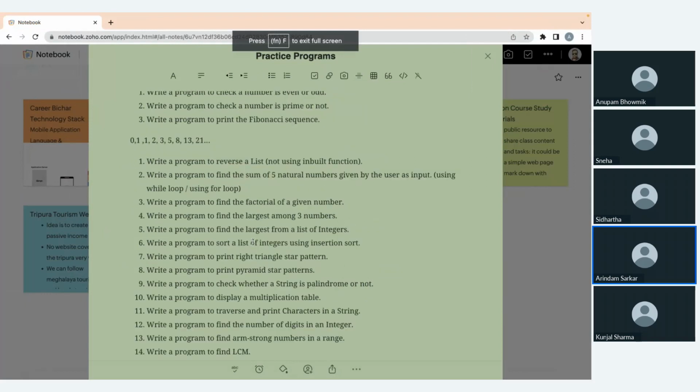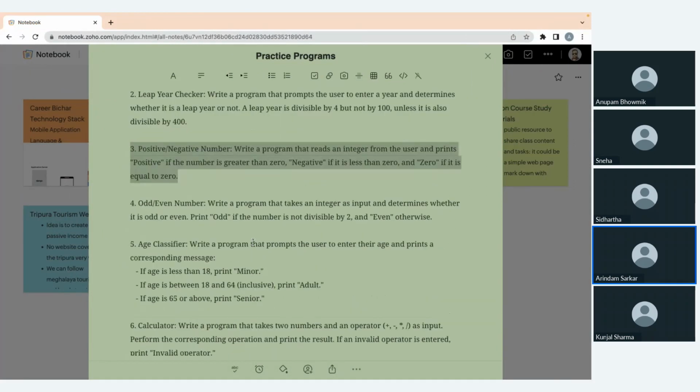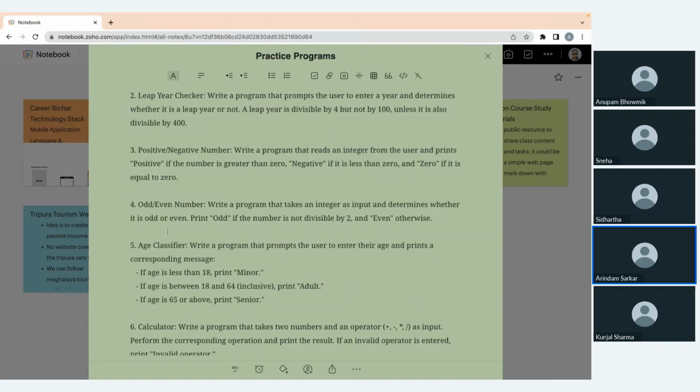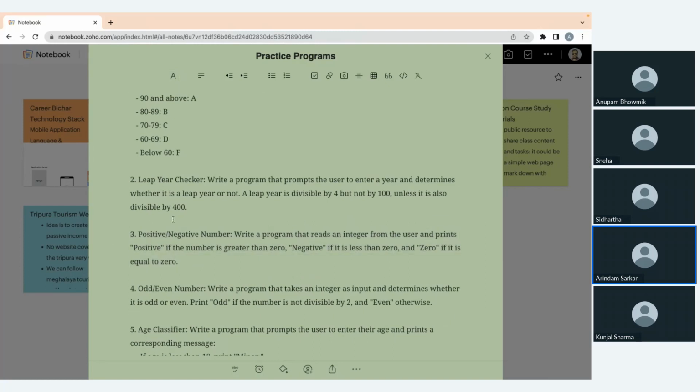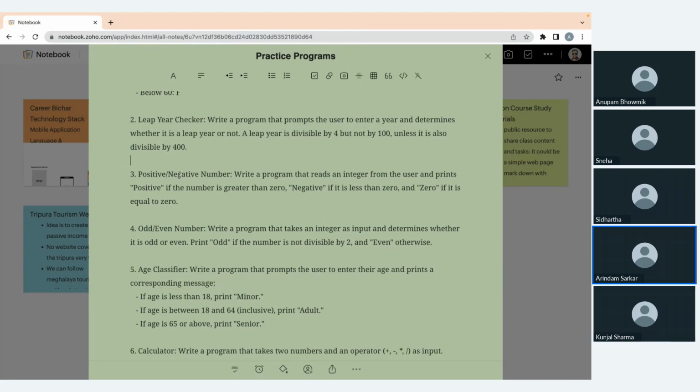तो इट सेज, आ गया इफ एल्स। हाँ, तो इफ एल्स के अंडर में जो प्रोग्राम्स हैं वो आपका होमवर्क रहेगा। इसमें से दिस नंबर 3, व्हाट इट सेज, पॉजिटिव नेगेटिव नंबर। ओके, write a program that reads an integer from the user and prints positive if the number is greater than 0, negative if it is less than 0, and 0 if it is equal to 0. ठीक है, तो ये क्या बोल रहा है कि यूजर से एक नंबर लेना है और अगर वो नंबर 0 से बड़ा हुआ तो आपको प्रिंट करना है पॉजिटिव, अगर वो नंबर 0 से छोटा हुआ आपको प्रिंट करना है नेगेटिव, अगर वो नंबर 0 हुआ तो आपको प्रिंट करना है 0।